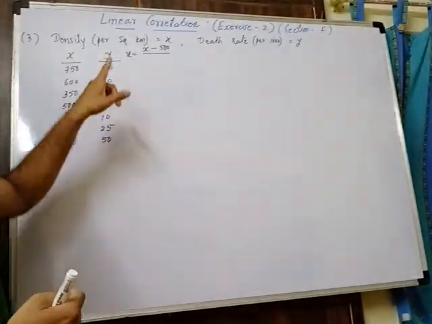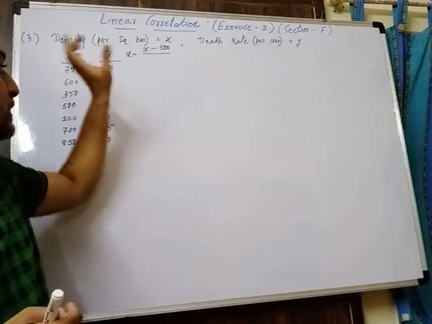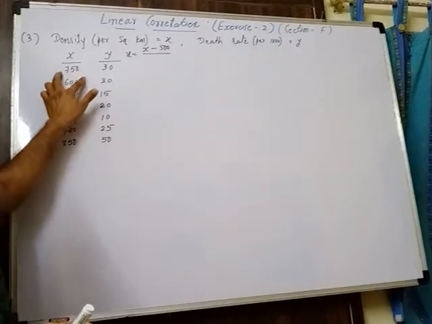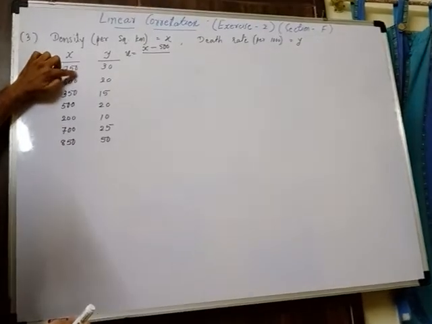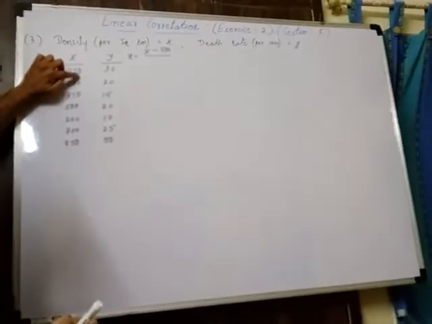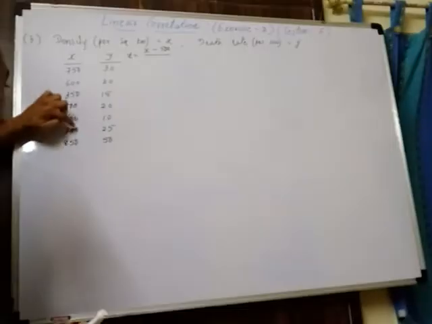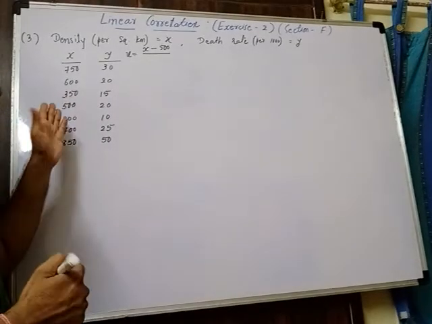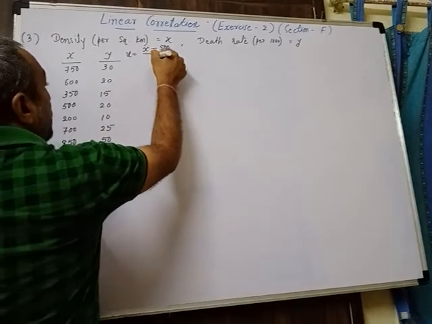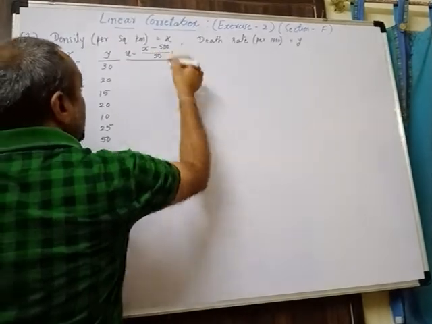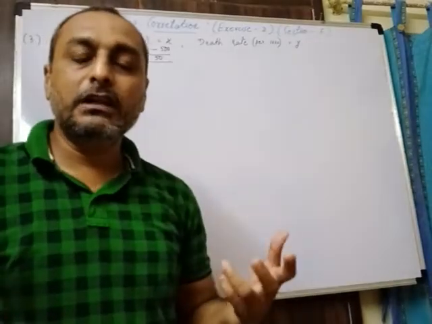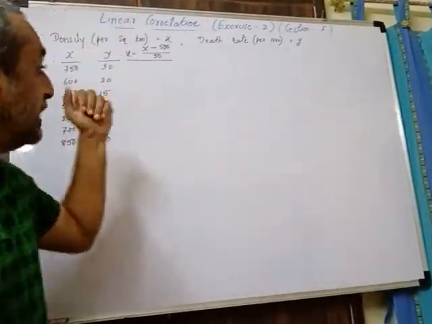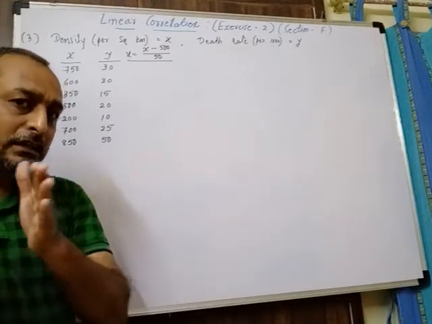For that purpose we will divide this deduction by some constant value according to the proportion available. In these values you can see the last two digits, the units place and tens place, are 5 and 0, 5 and 0, like this. So you can divide the value by 50. Dividing by 100 is not possible, because then you will get 2.5, 3.5 like this. Instead we will divide by 50, so we get nearer, smaller values.